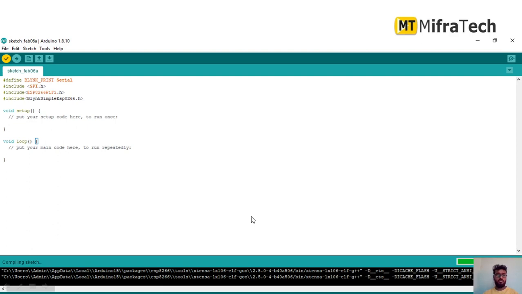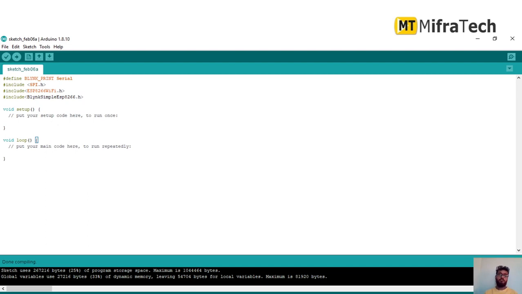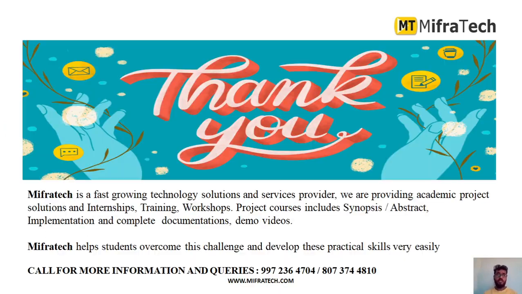In order to include these things in your program, you have to include those libraries the way I showed you. You have to follow this procedure in order to include any library. In this way you can download any library and include it externally into your Arduino software, as required for your particular project. After that you can compile and upload the program to your board. As you can see, I compiled and it is done compiling. In this way you can include any library that is required for your project externally in the Arduino IDE software.